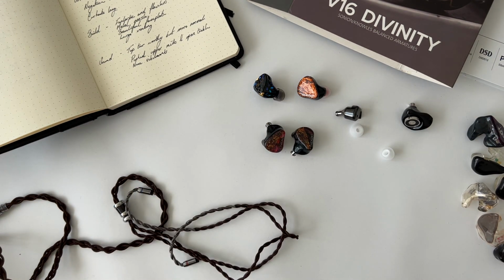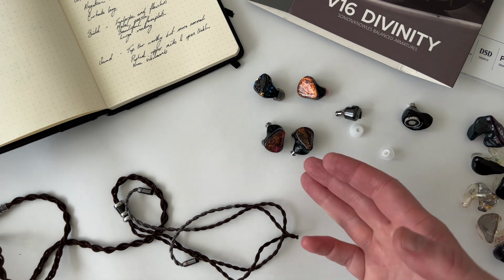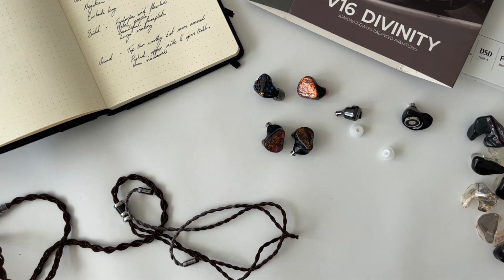And for me, that impacted the way I listen. The way I listen is I want airy, I want open, I want a little bit of warmth, I want intimacy, I want a little bit of bass punch, and these definitely have bass punch. They have an extended bass